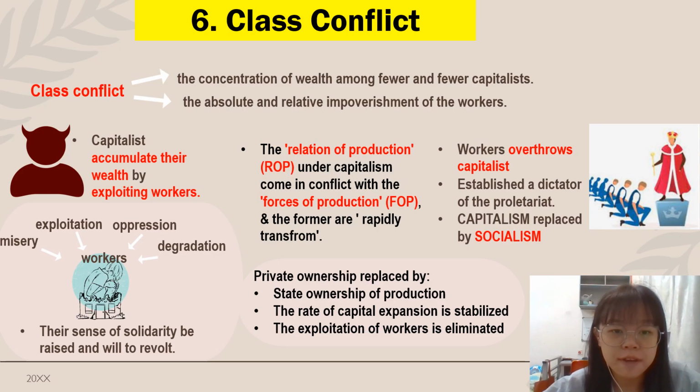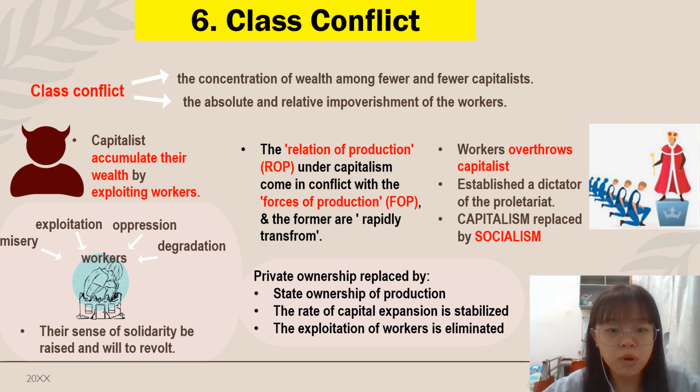The last concept they discuss in the law of motion is class conflict. Class conflict is defined as the concentration of wealth among fewer and fewer capitalists and as the root of the relative impoverishment of the worker. So the capitalists accumulate their wealth by exploiting the workers. The growing misery, exploitation, oppression, and degradation among workers raises their sense of solidarity,